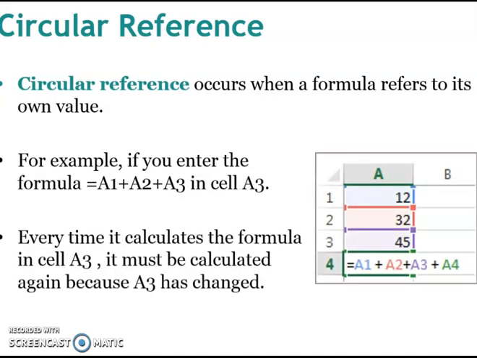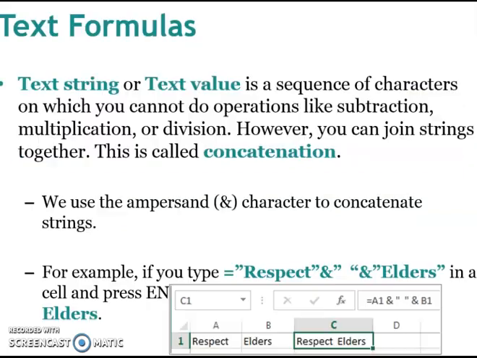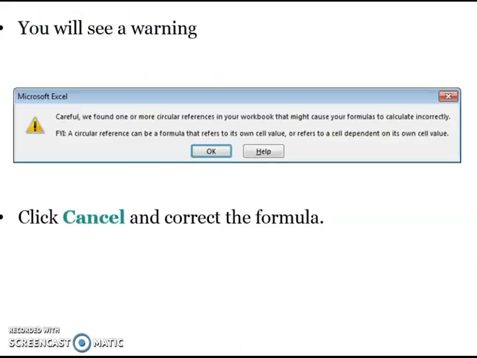So only values in the same column are changed. So this is circular. If we see this type of error, it means our formula is not right. So we have to cancel this warning message and correct the formula, so our answer will be what we want.